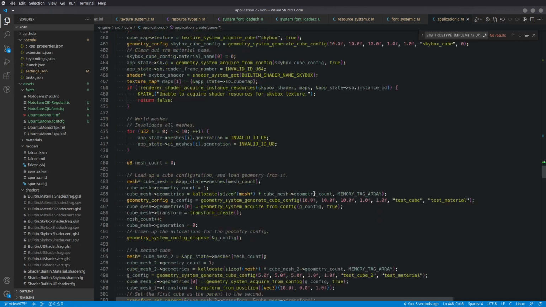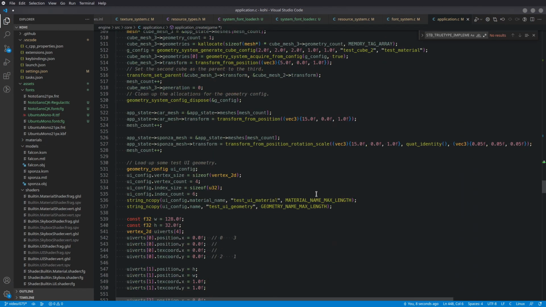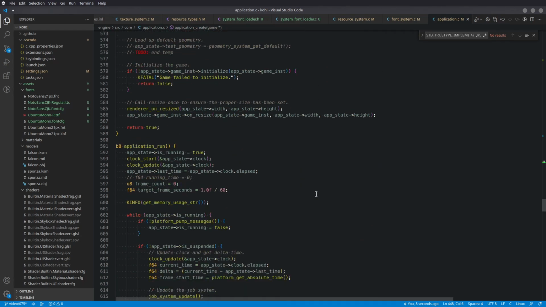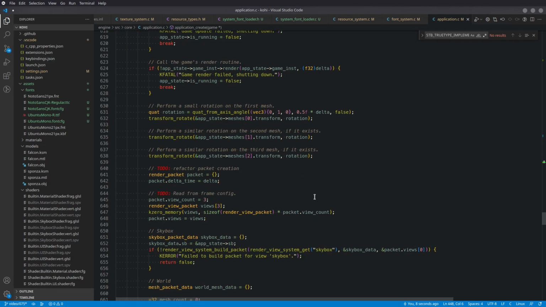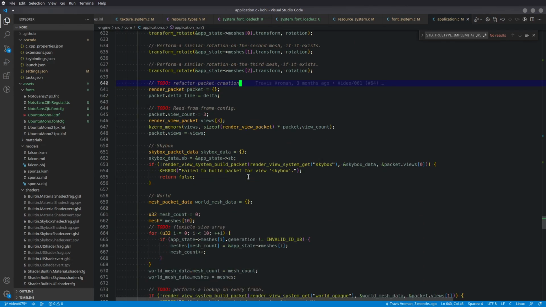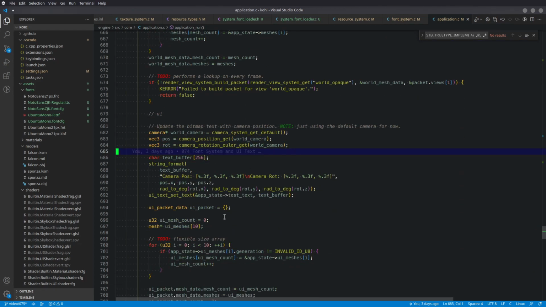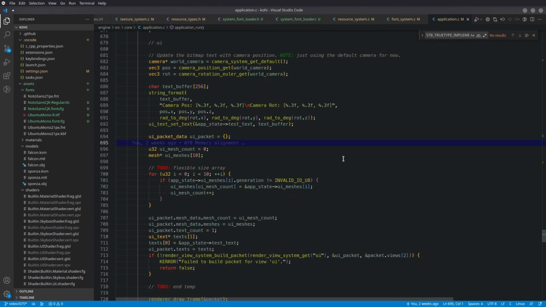And then all we have to do is hook up some stuff down here in the loop for our packet. So we've got our render packets. Let's see, where is our UI stuff here? So we've got, here we go. So we have,